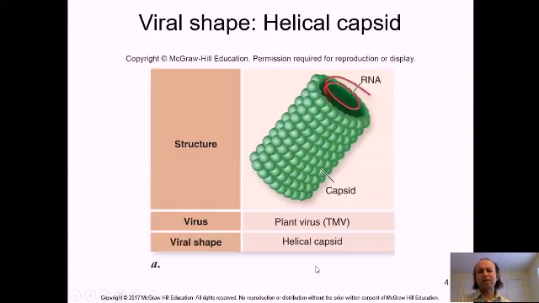So there are different shapes of viruses. Some of them have this helical capsid. This is one of the viruses that are quite common in plants. Some of these viruses kill a lot of plants, like the virus of the tobacco. Tobacco has been a very, very important plant for industry for the rising of the United States, and especially in the South. Well, when there are these plagues, the production goes down and could kill a lot of plants. So if you're an agricultural business major, this is something that you should consider.